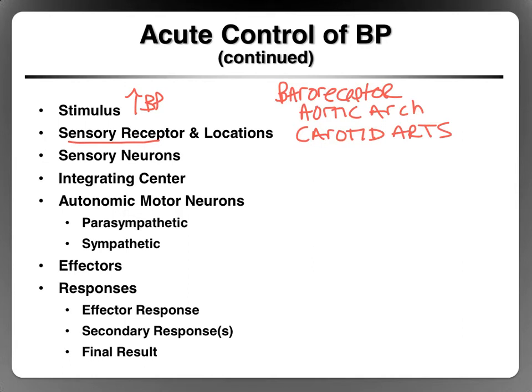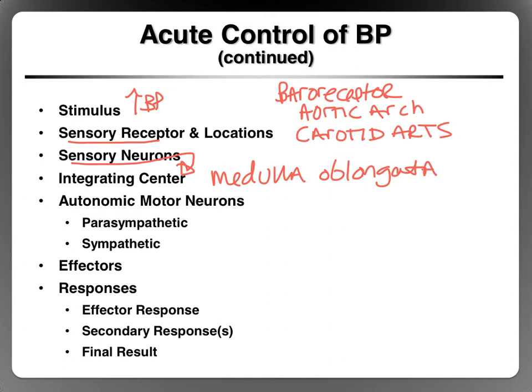And when pressure changes, they send a signal, an action potential, through sensory neurons to the integrating center. And the cardiovascular control center in the brain is located in the medulla oblongata. So the medulla oblongata receives this action potential, interprets it, determines what needs to be done, sends a signal out